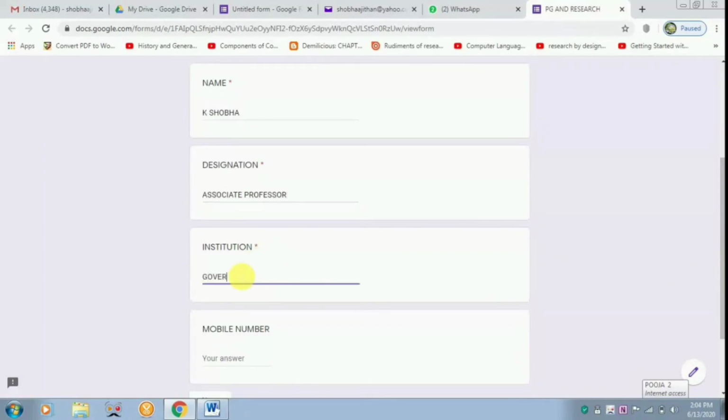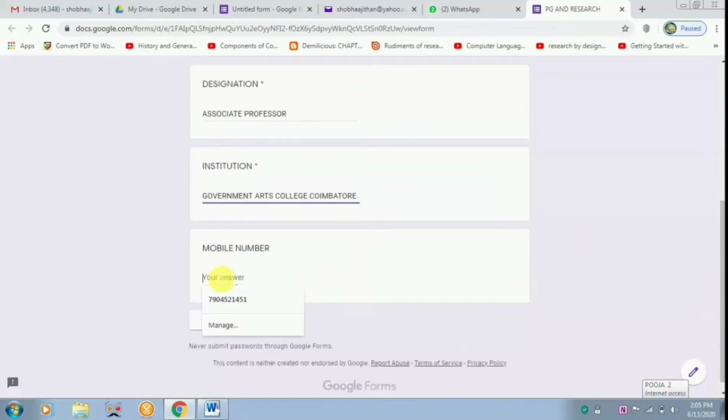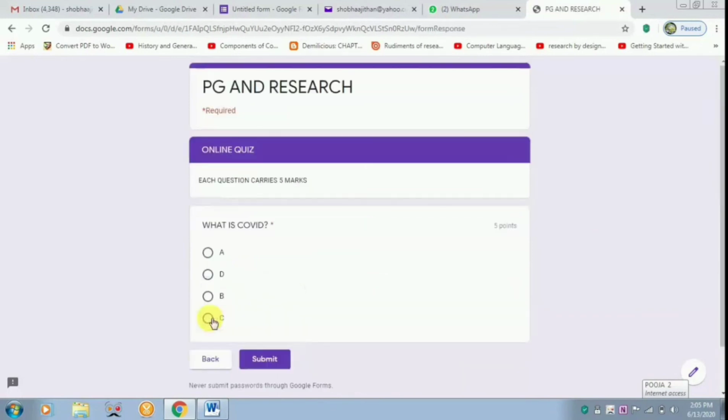So institution will be Government Arts College, Coimbatore, and mobile number. Mobile number as this number. And next I'm moving on.